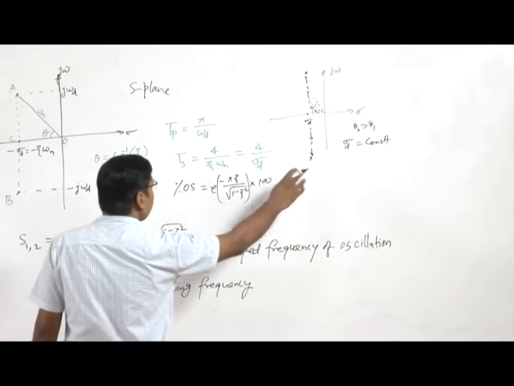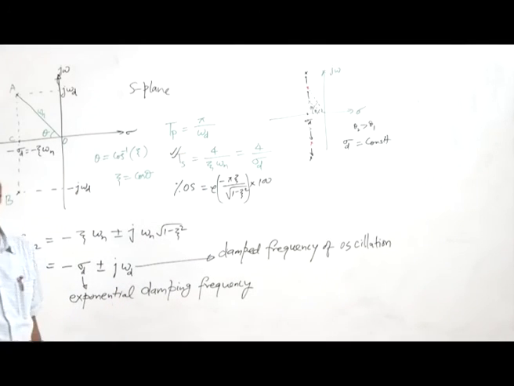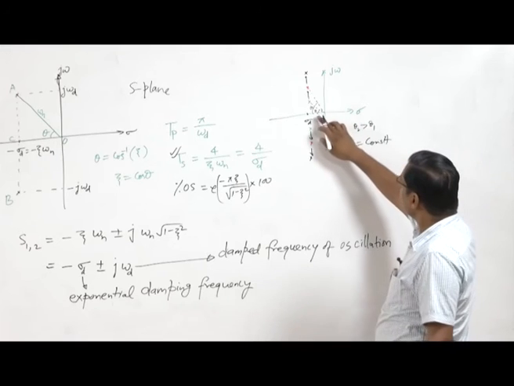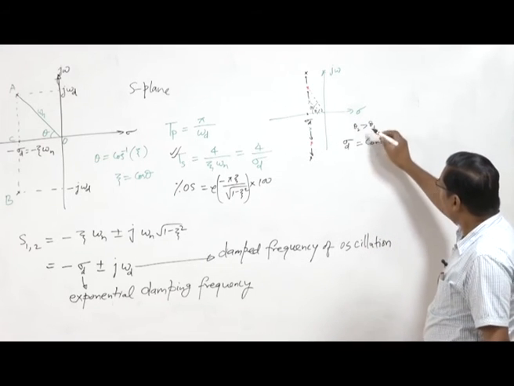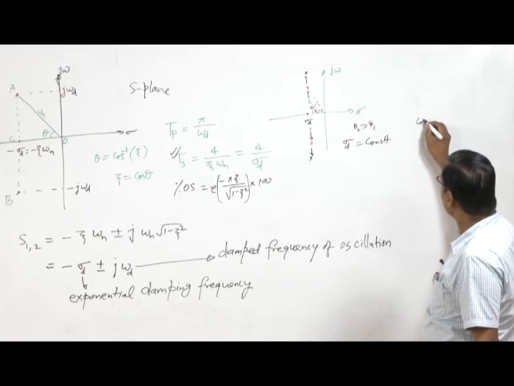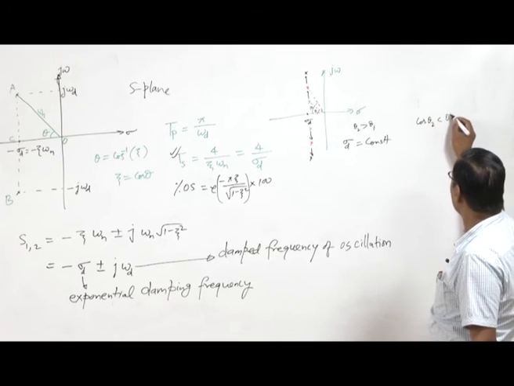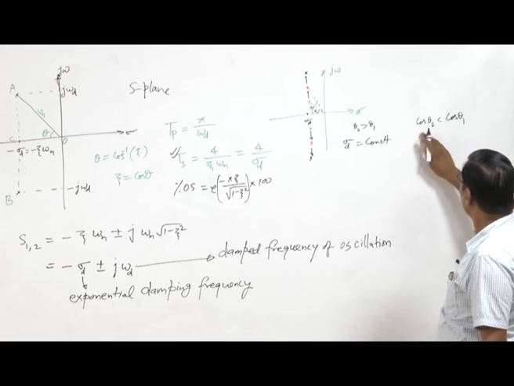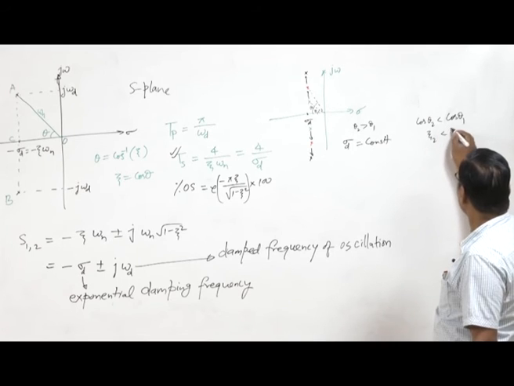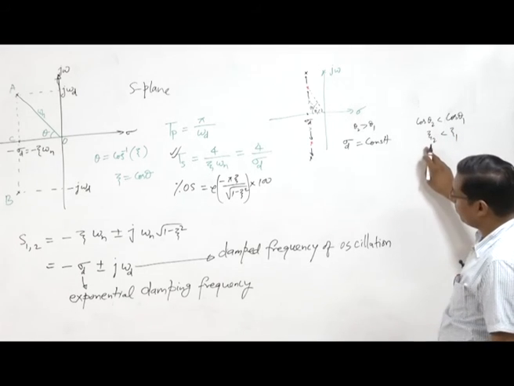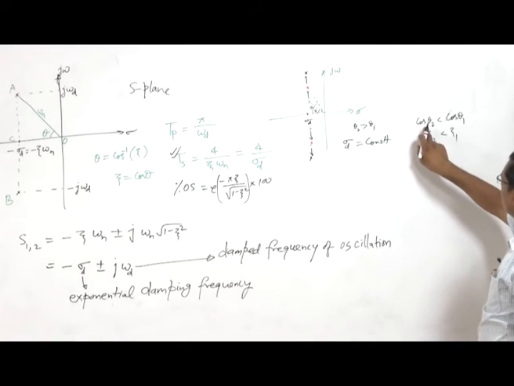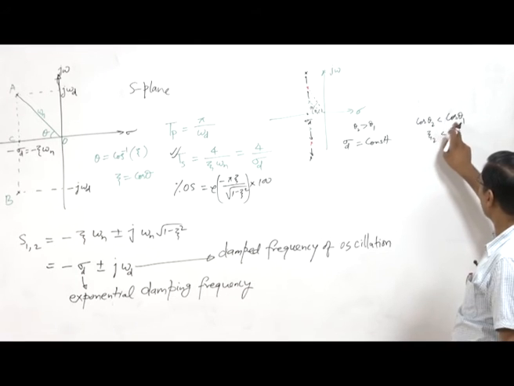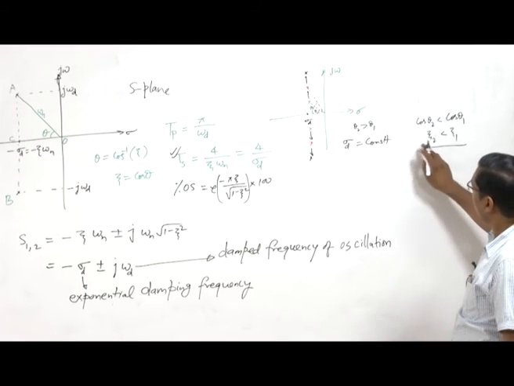So sigma d is constant means settling time is constant, and theta 2 is greater than theta 1 means we have cos theta 2 is less than cos theta 1, and so damping 2 is less than damping 1, because here damping is equal to cos theta. So theta 2 is greater than theta 1, so cos theta 2 is less than cos theta 1, so damping is less. So we have less damping here,